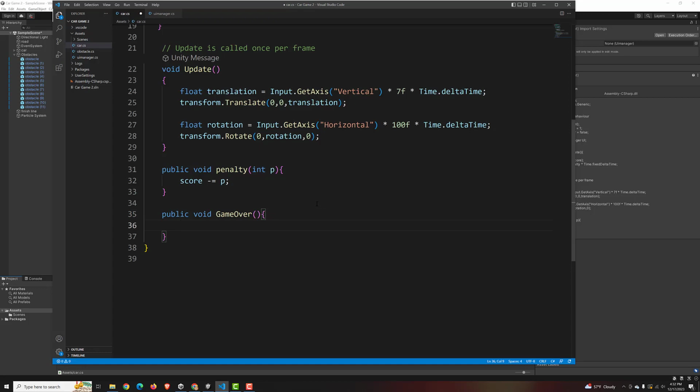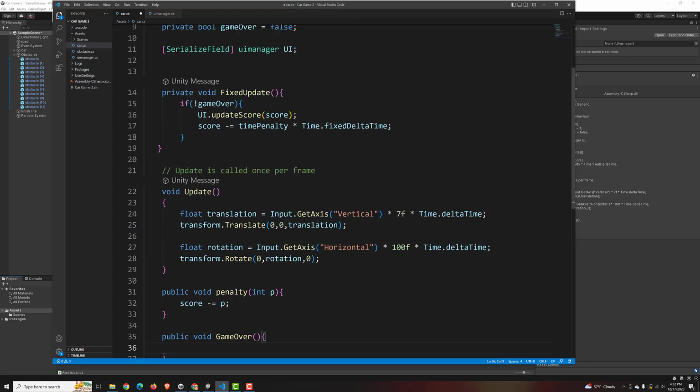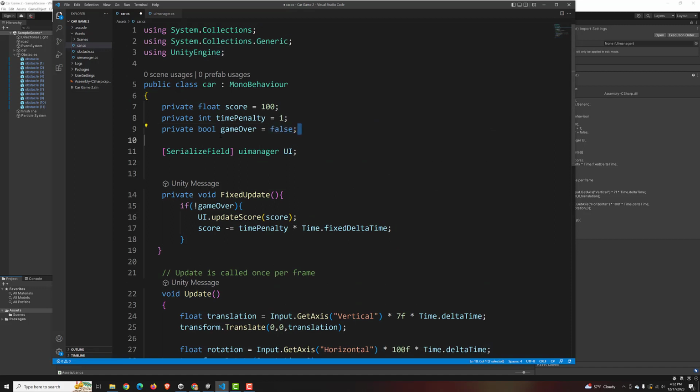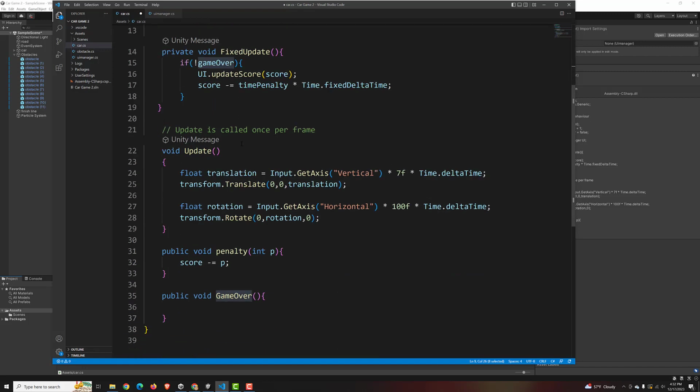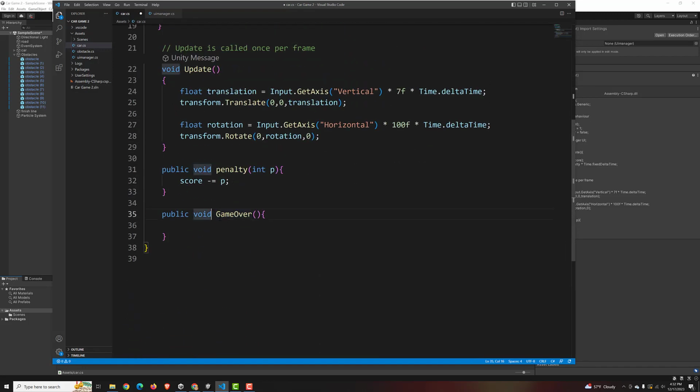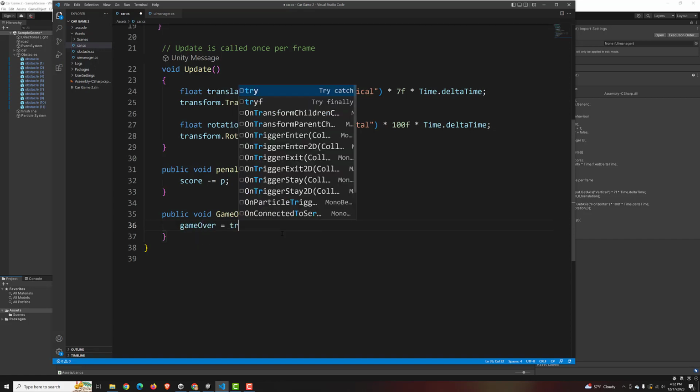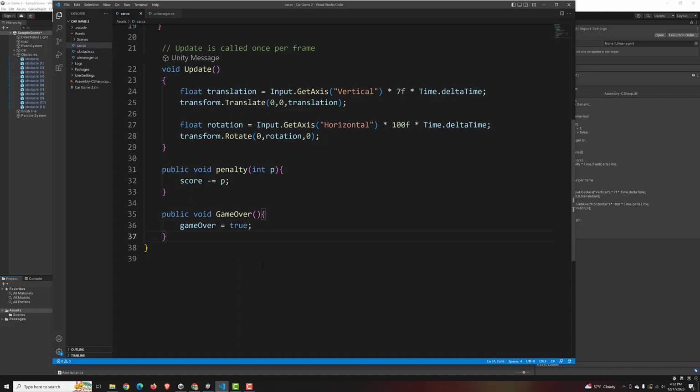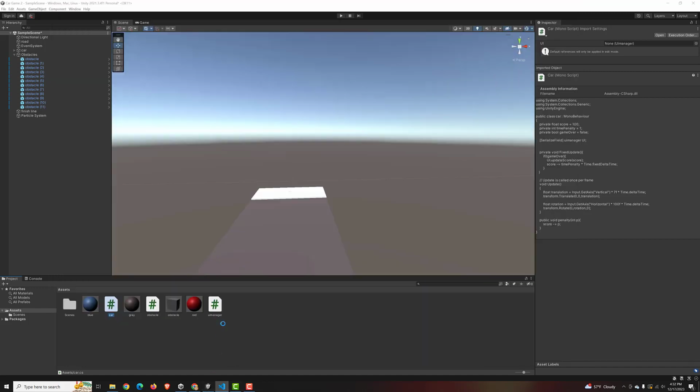And all this is going to do is just set our game over variable up here, our boolean, to true. Now pay attention to this spelling. This one I had a lowercase g and a capital O, so I had to use a different spelling on this one, so I did a capital G on this one as well. I can't have the same spelling, can't have a function and a variable the same name. So this one, all it's going to do is just set game over equal to true. Okay, so save that, and then let's go back to Unity, let that reload,